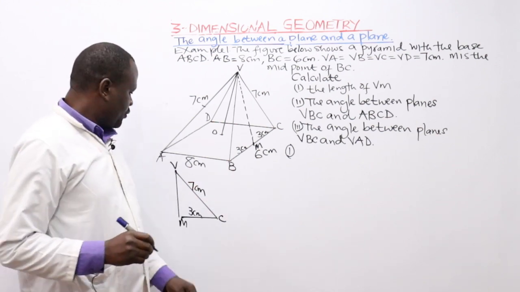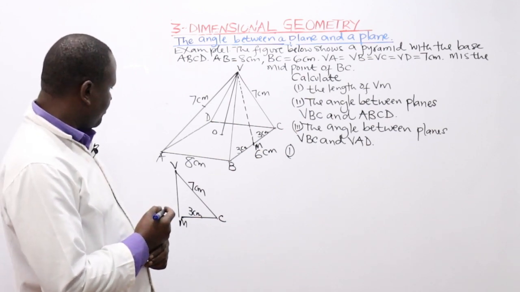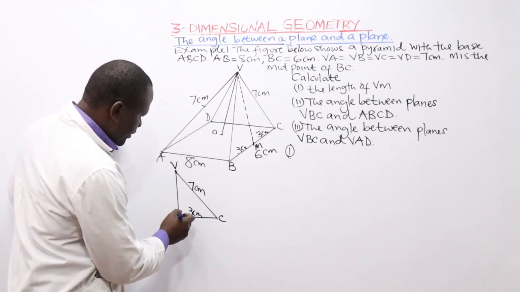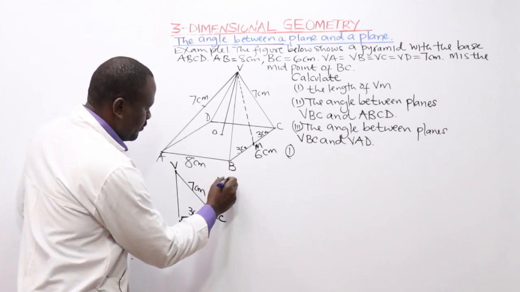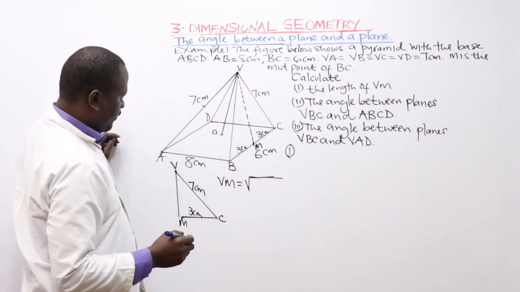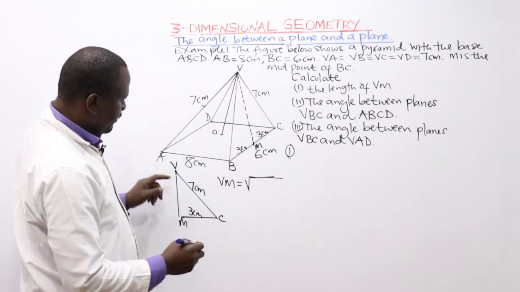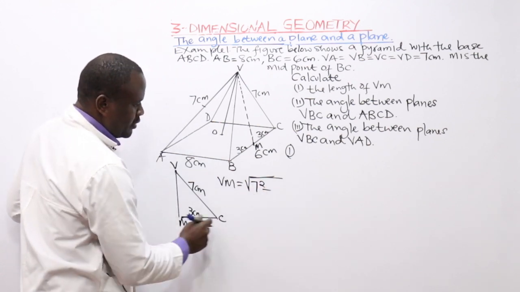Therefore, to get VM, we use Pythagoras theorem. Since this is the longest side, VM will be the square root of 7 squared minus 3 squared,